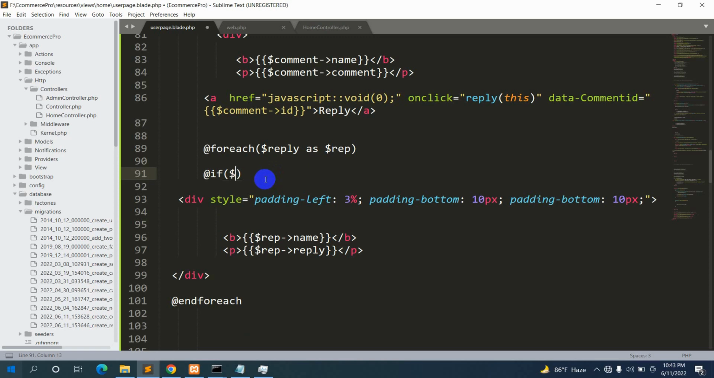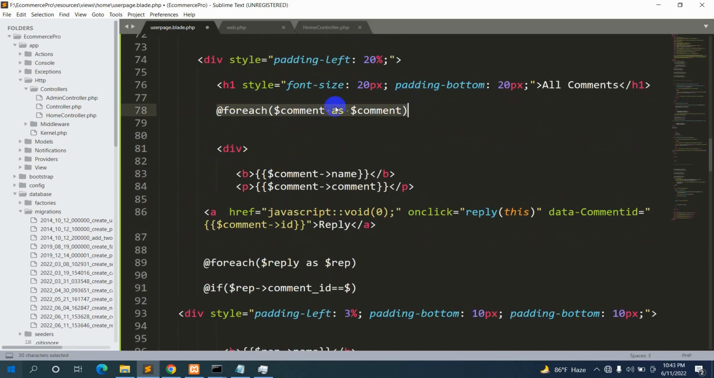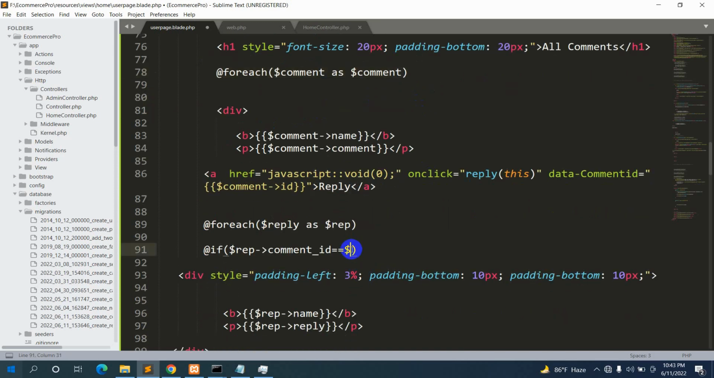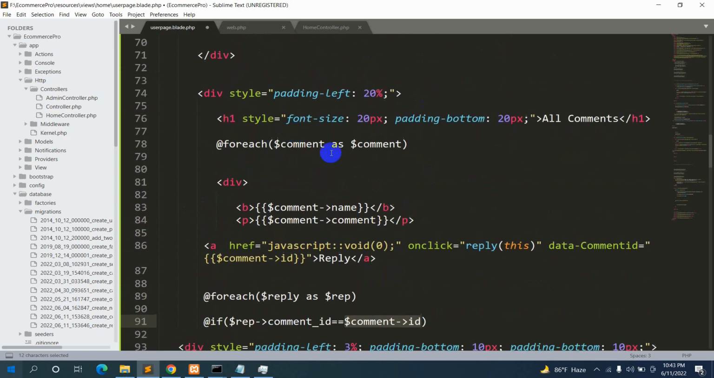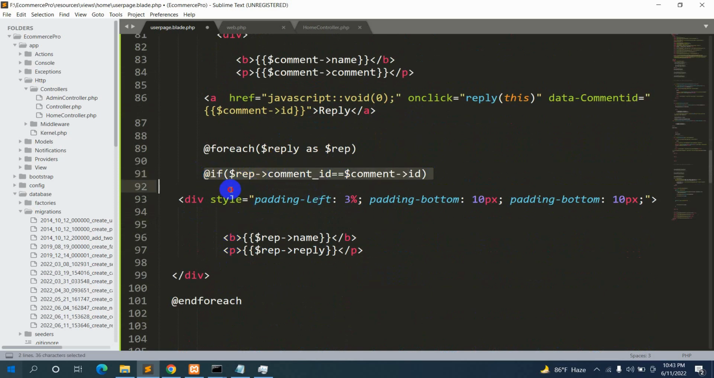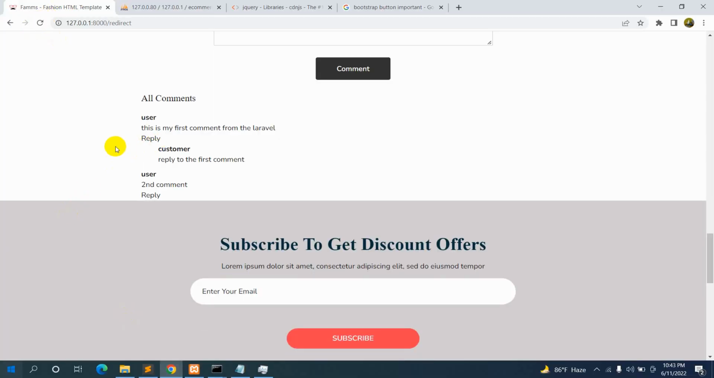After this for each loop we'll say @if, first bracket, then $rep arrow comment_id, double equal, then $comment arrow id, because inside the for each loop we have the comment. We'll check that the comment ID matches with the comment ID in the comment table. We need to close this if condition like this with @endif. So right now if we save, then if we now refresh,